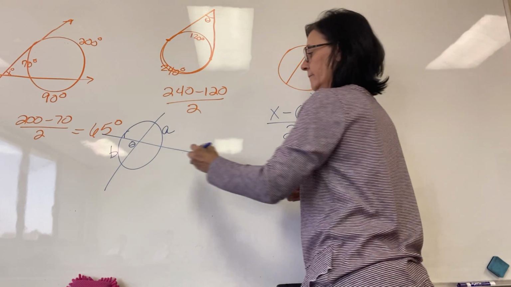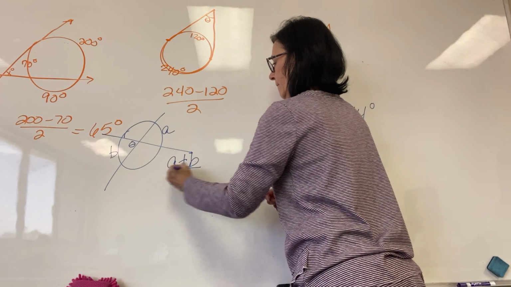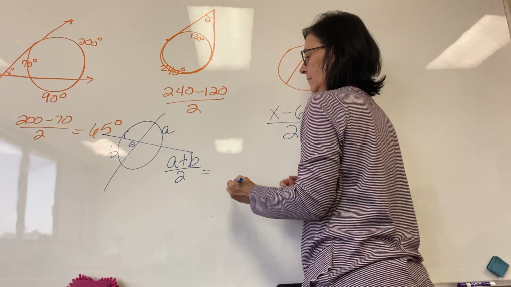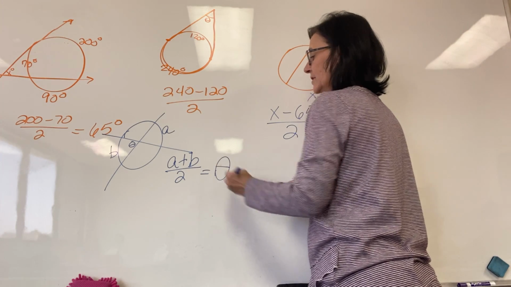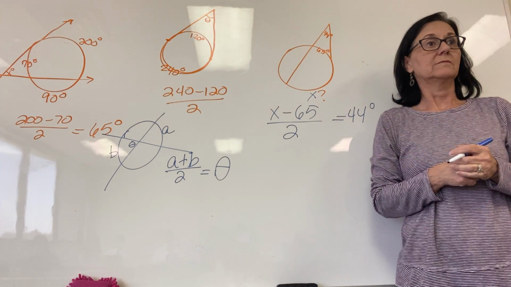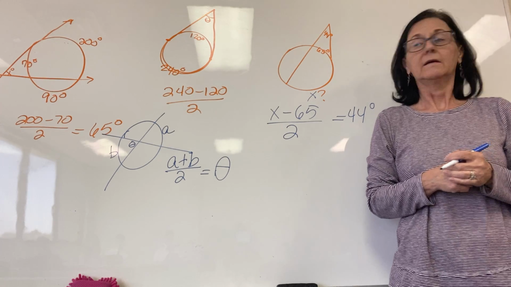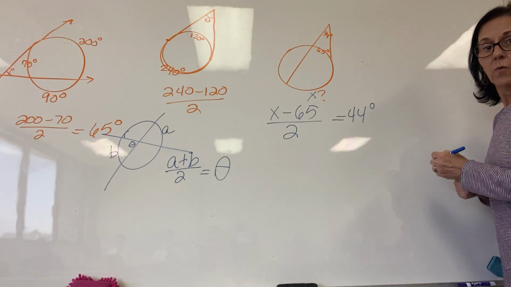It's A plus B divided by 2. That's what theta equals. Got it? All right. Now, what if,